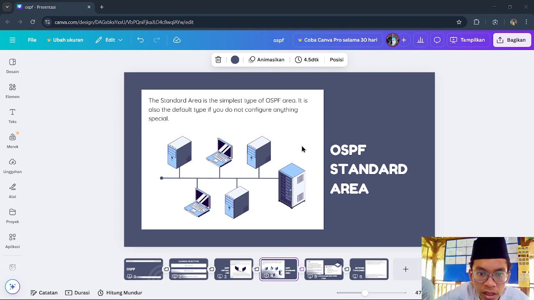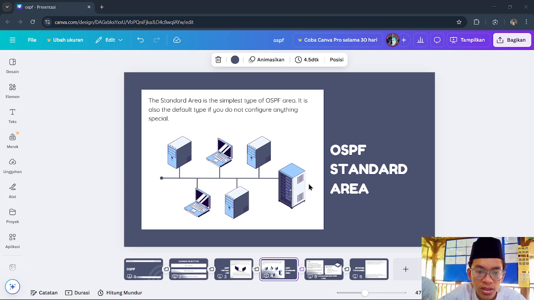LSA stands for Link State Advertisements. It is the basic information unit in OSPF. LSAs are used by routers to share network topology information with other routers. Every OSPF router generates LSAs and floods them within its area.